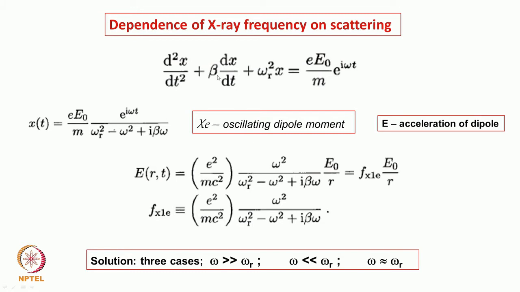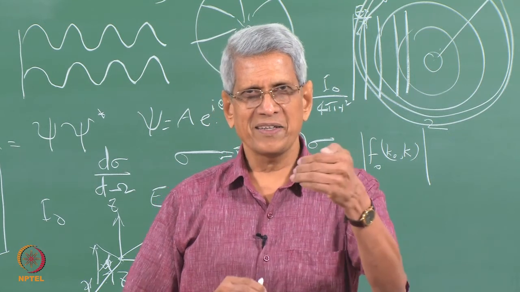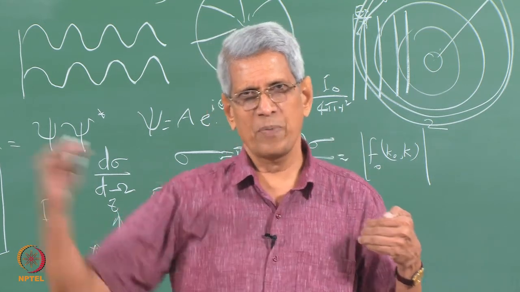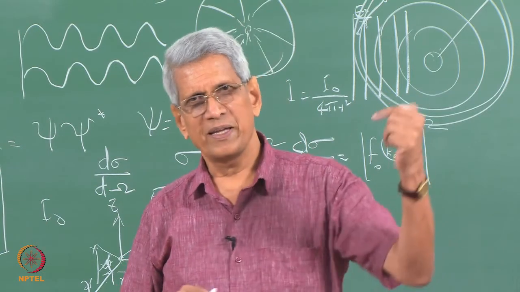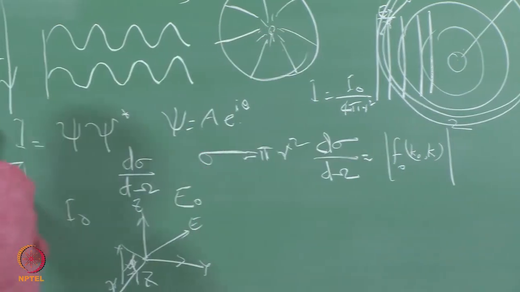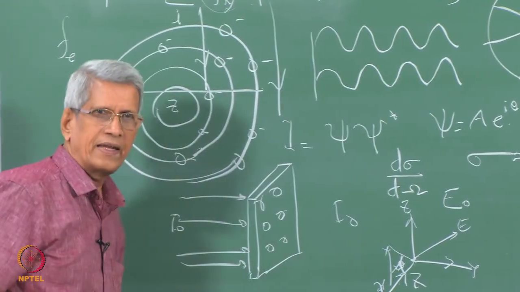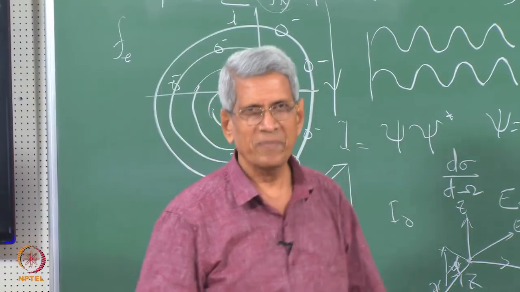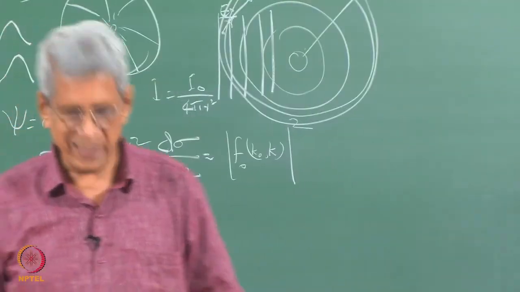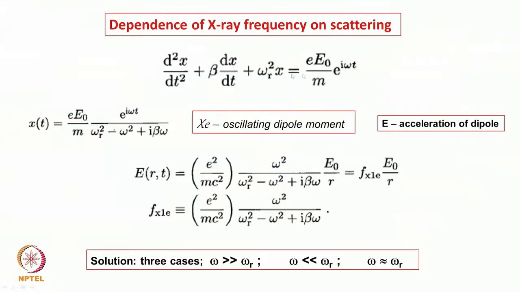How we can do it is that an electron is bound to an atom. The K electron is bound very closely, strongly, compared to an electron which is outside. So, when that incident X-ray beam comes, and it is trying to make this electron oscillate, there is a restoring force also coming from this. Then if you write a differential equation for that incident wave, this is the sort of differential equation which we will be writing, this is the restoring force. The solution to this gives what sort of displacement, how it will be changing with time.